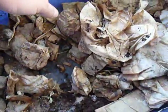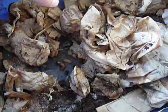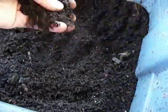With regards to the paper, I should mention, you want to get your paper up kind of high. It'll be okay when you start one of these bins. It's perfectly fine to have your paper stacked up 8 inches, maybe even 9 inches high, because it's going to be loose and the worms are going to have no trouble going through all this material. And as the paper breaks down, obviously it disappears